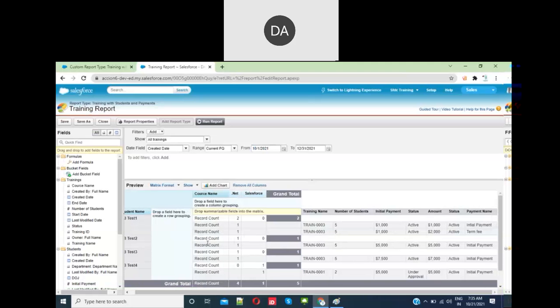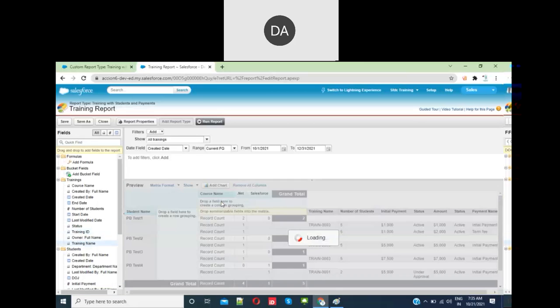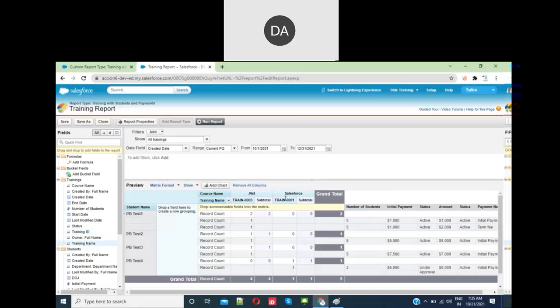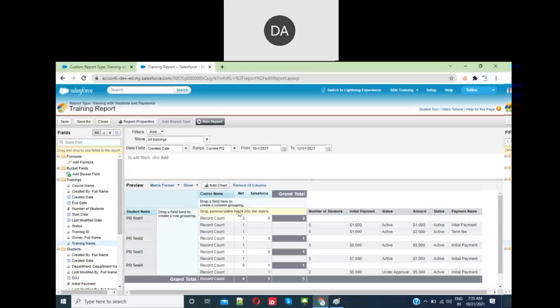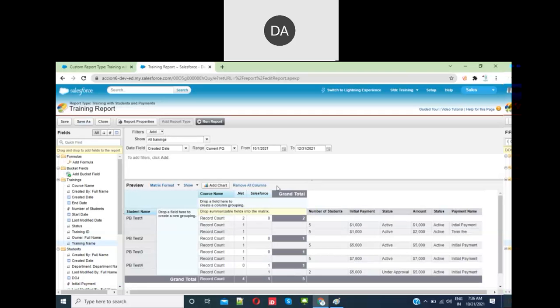Okay, so once you create the training report, this is how you can build it. Once you build the report,